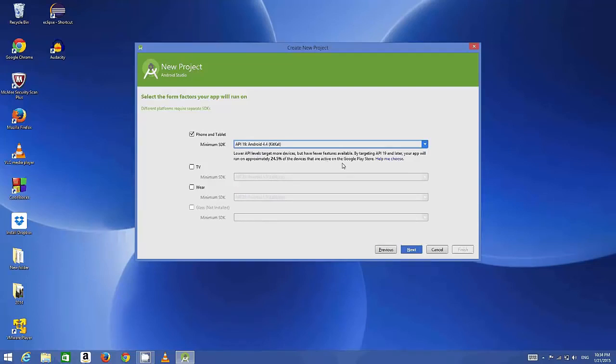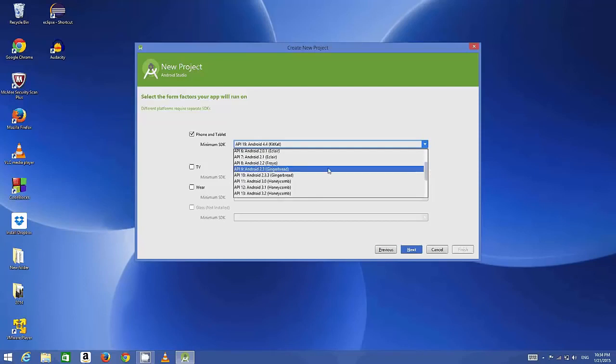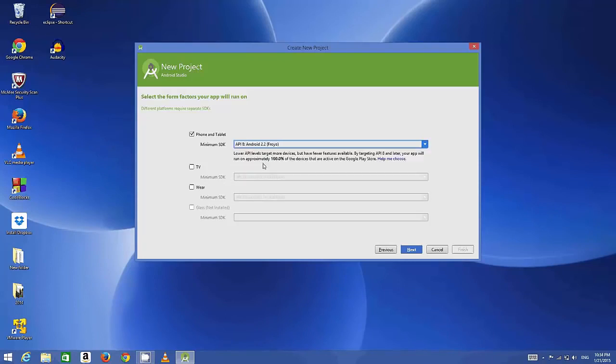And generally you may want to make an application which covers almost all the devices and has backward and forward compatibility. So for example, if we choose this Android 2.2, it means that it will cover 100% of devices, running on your newer devices and on older devices. So choose the one which covers the most percentage of devices. For example, this Android Froyo, right? Click next,